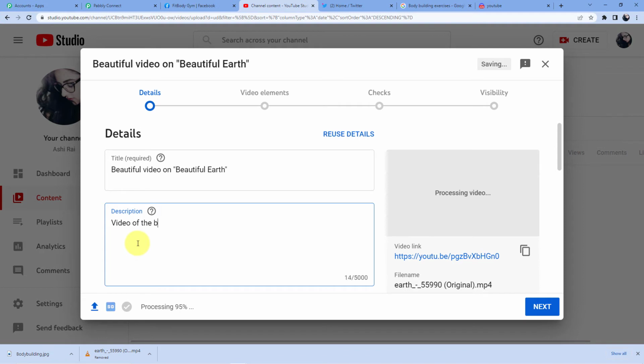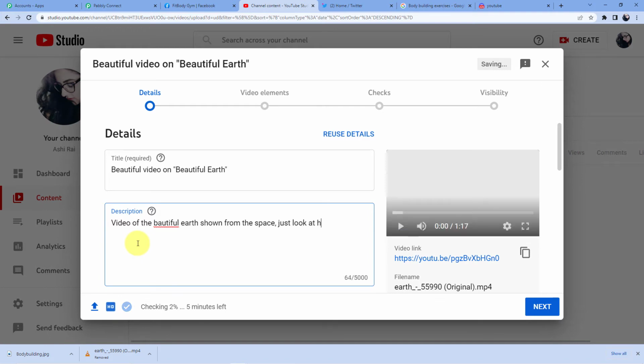Video of the beautiful earth shown from the space. Just look at how gorgeous our planet looks. Okay, so video of the beautiful earth shown from the space. Just look at how gorgeous